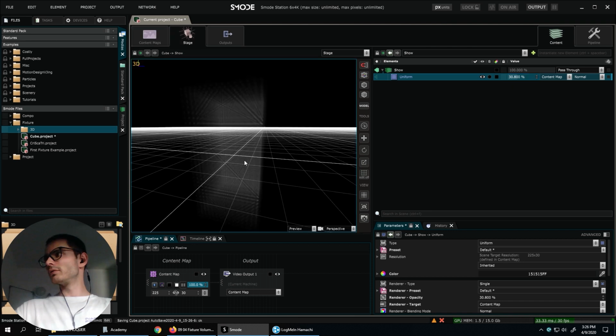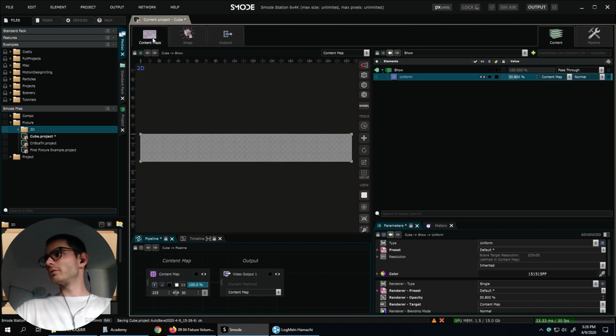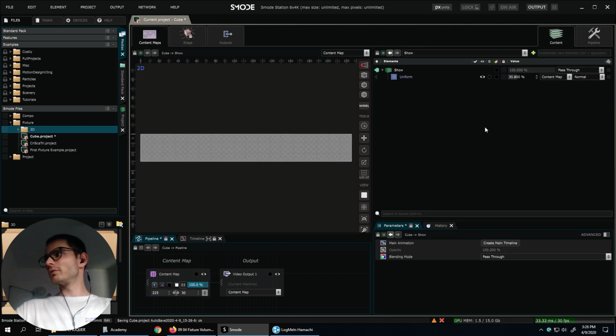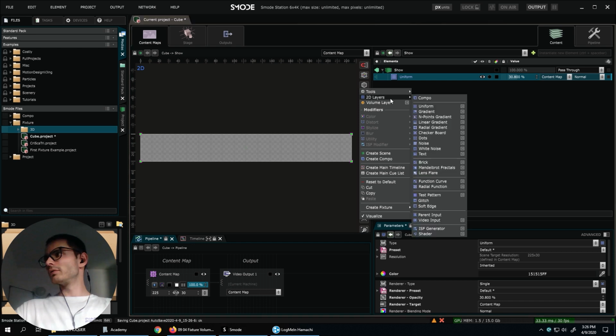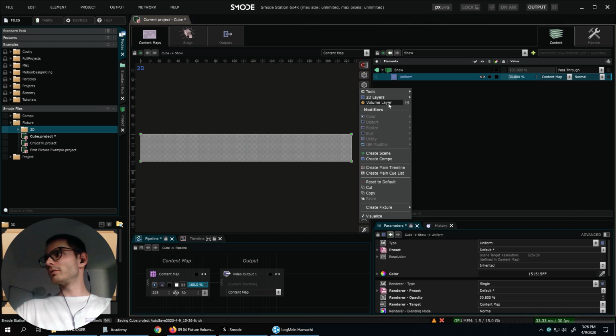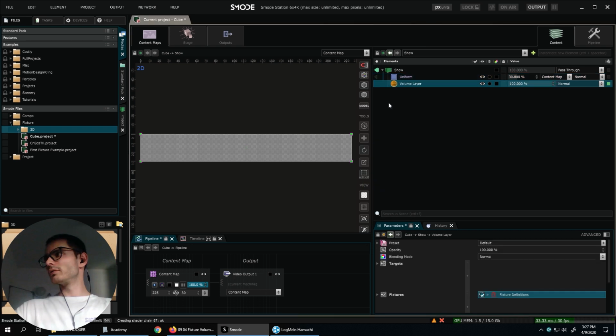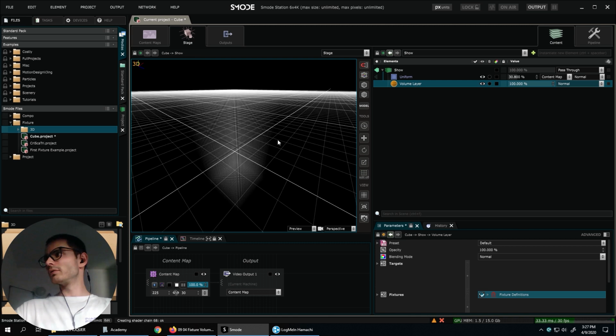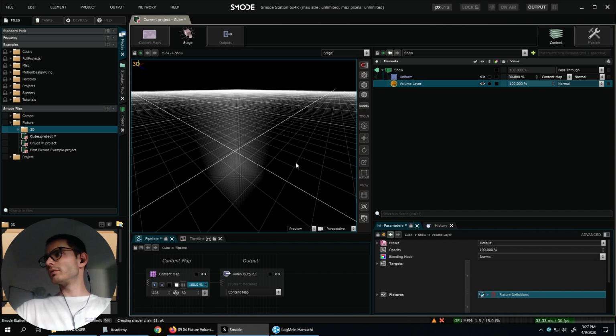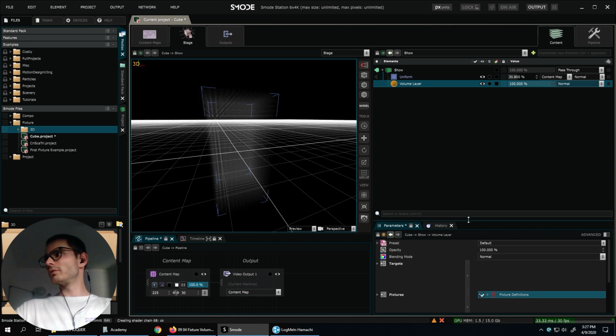Yeah. So I have the view of the LED. And now let's create a volume layer which will take some SMOD primitive and will transmit it to the stage, and which will interpolate with the LED. So for the volume layer, we will need to be in the stage view, so we can see the object.